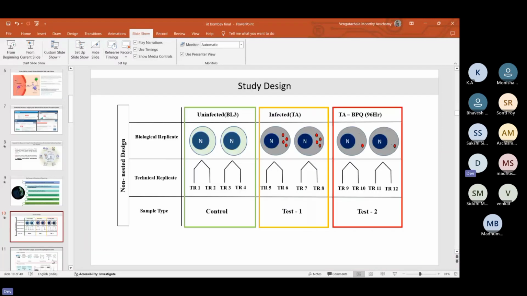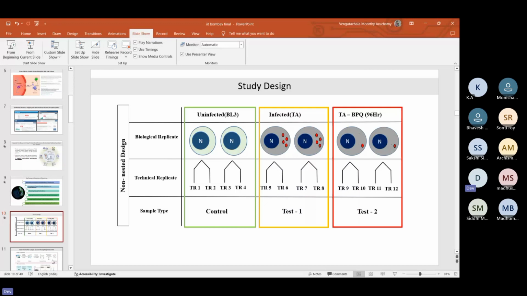So this is the study design. We have gone for a non-nested design. We have taken uninfected BL3 cells and infected TA cells, where you can see that the parasite is inside the cell, the red nucleus is there. And when you treat it with bupropion, which is a parasite-directed drug, there is an elimination of the parasite followed